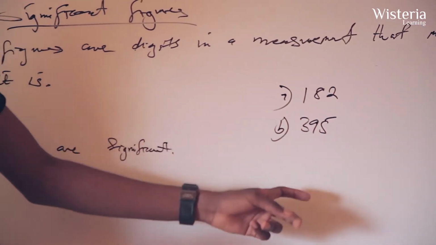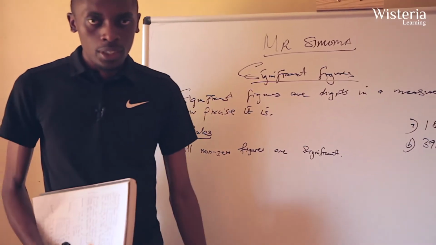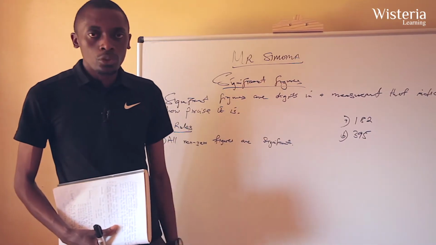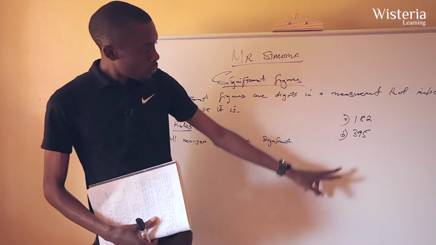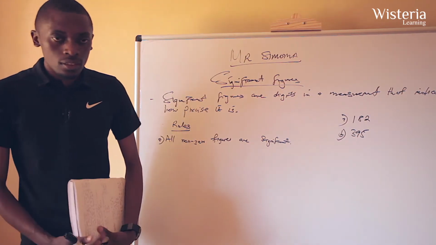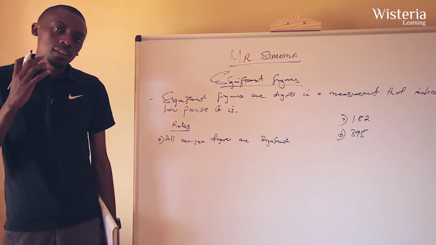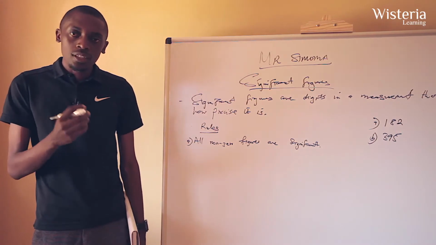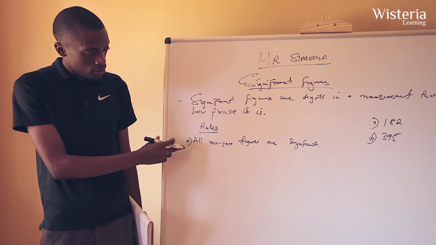Even down here, all these values are non-zero figures, meaning there is no zero as a figure in the measurement. Therefore, there are 1, 2, 3 significant figures in the values. So that's what the first rule says. All the values in that measurement should be numbers. If there is a zero in that number, then it's not important. So that's what the first